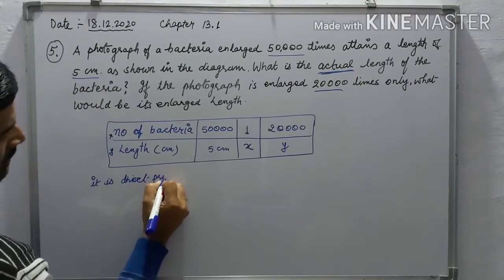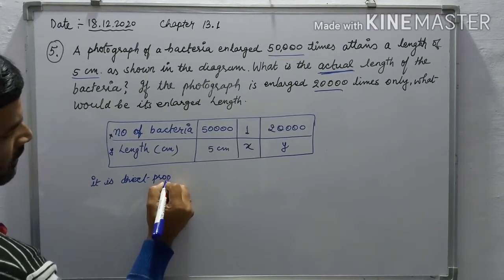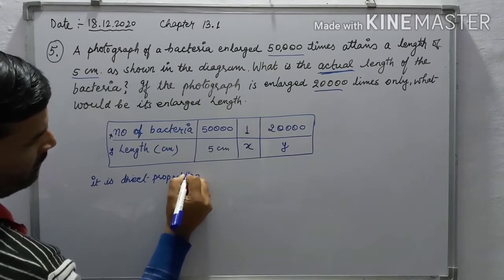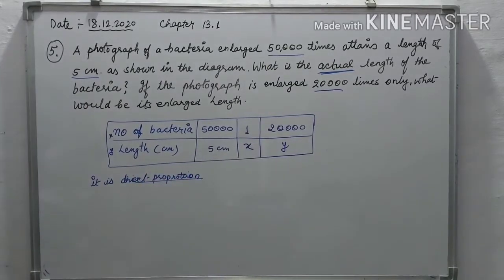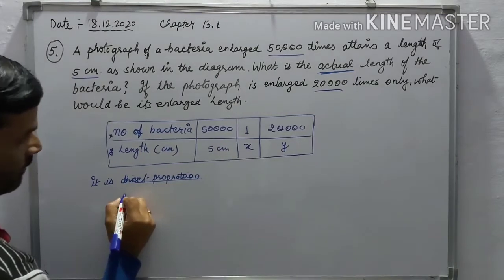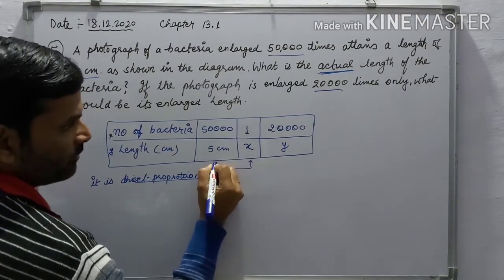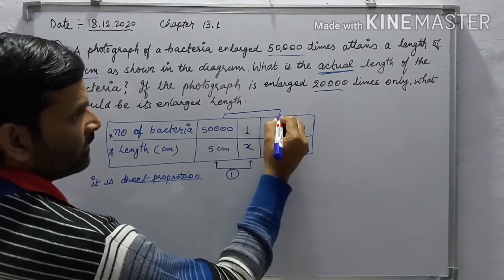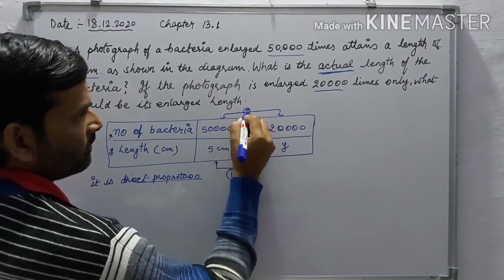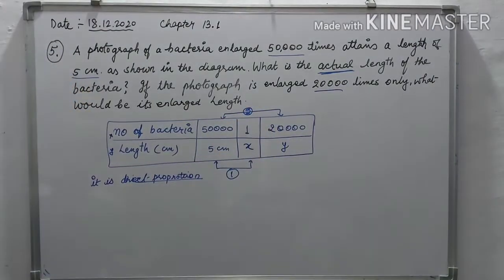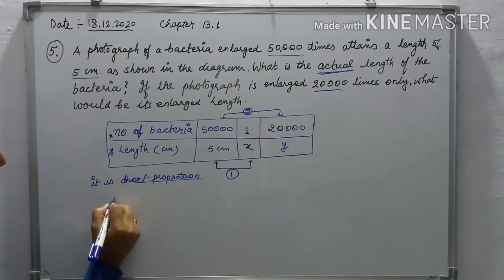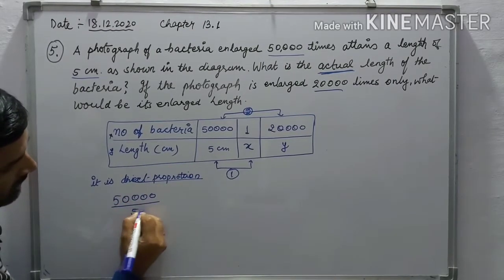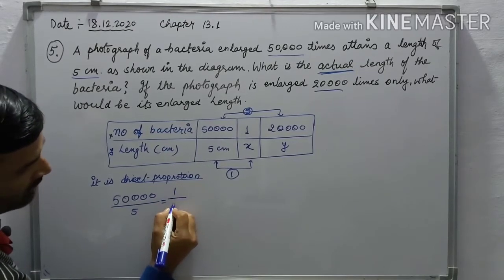This is direct proportion. Then we write: first solve this and find the value of x, this is the first solution, and then we solve the second solution. Okay, now the first solution is 50,000 upon 5 is equal to 1 upon